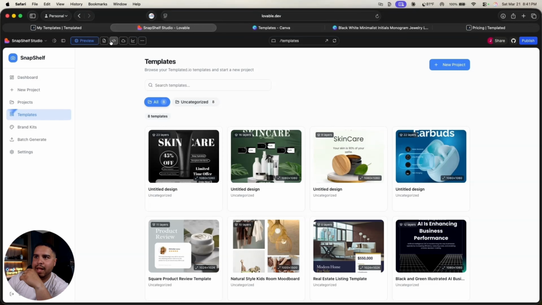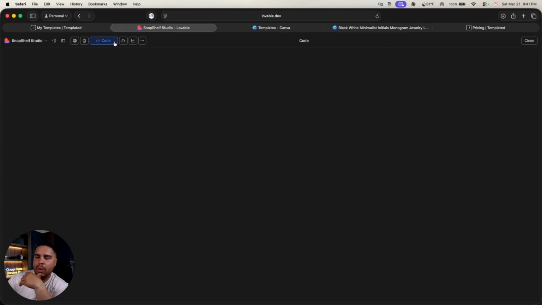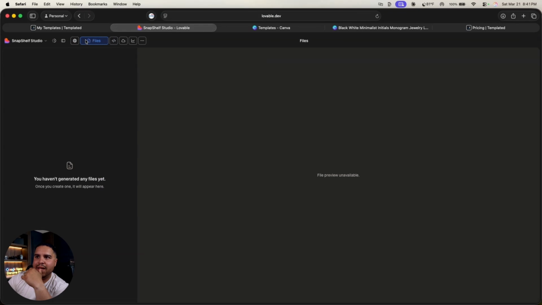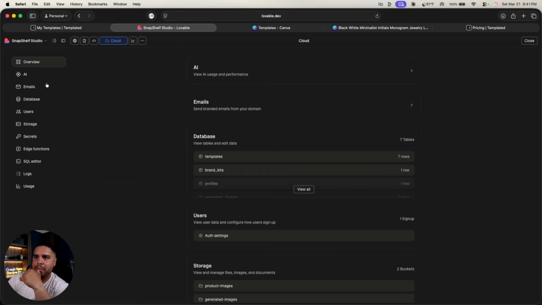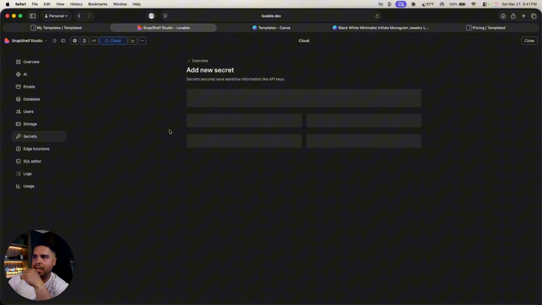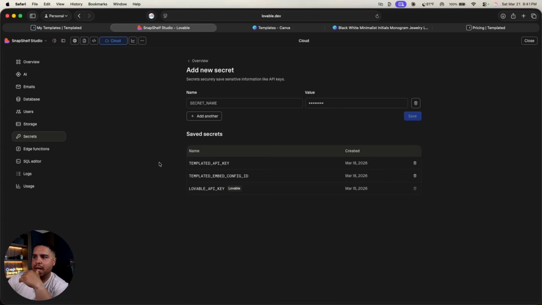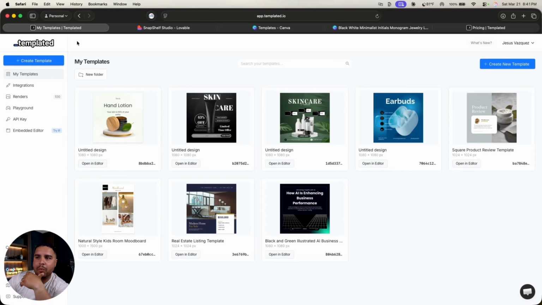Then you add all of that into your secrets, which, if you host your database using Lovable and Supabase, you add them here to your secrets and replace the ones that we have here. And that's it. You are up and running in no time, and you're able to have your software going just by grabbing this link. But let's talk about some of the ideas that I came up with and why Canva